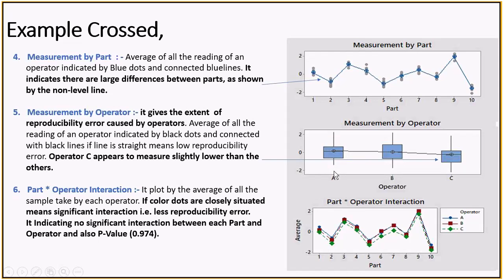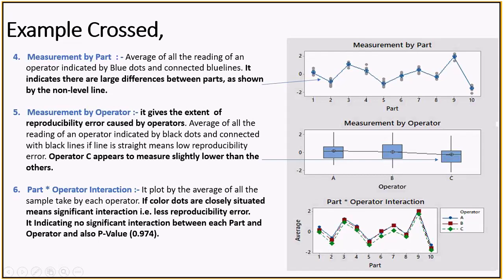If you have the average and the variation, you can check them through the box plot. Now if your connecting line of the means is a straight line, then you will say the reproducibility is good. But in this case, B is showing slightly lower than the others, right? So the B average is slightly lower than the others. So I would say there is a reproducibility issue, but not a very large one. There is some reproducibility error, mostly because of C, because he is measuring the data slightly lower than A and B. So this graph talks about reproducibility, but it will not say whether it is good or bad.